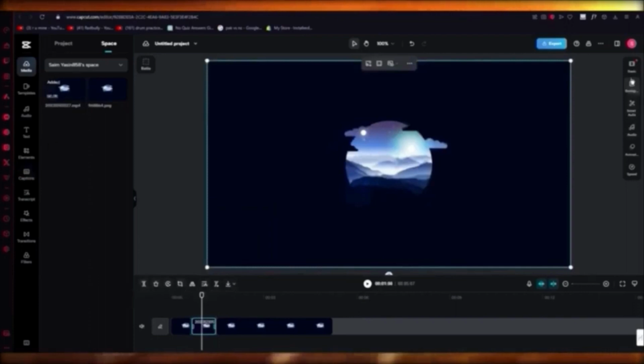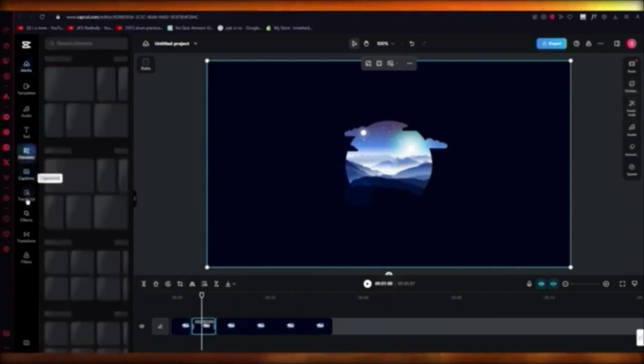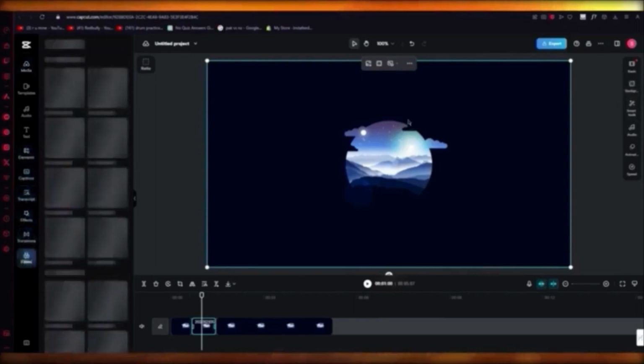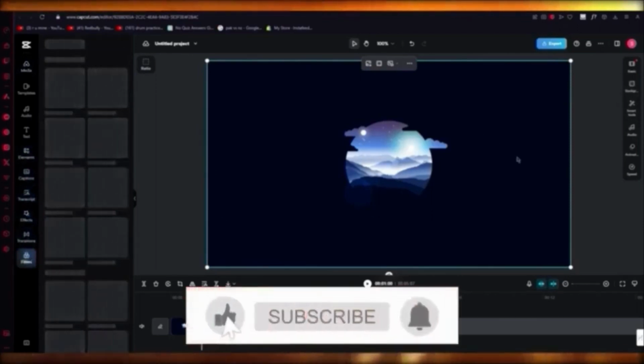And these are the editorial designing tools on the right side with audio, animation, speed, background, and all. And there are elements that you can add, transcriptions, effects, transitions, filters, and a whole lot more. So these are the CapCut editing components, and it's pretty simple to edit on this, and this is how you're